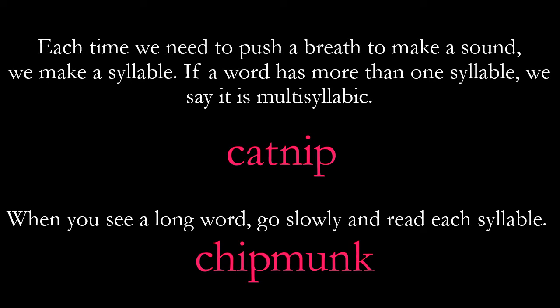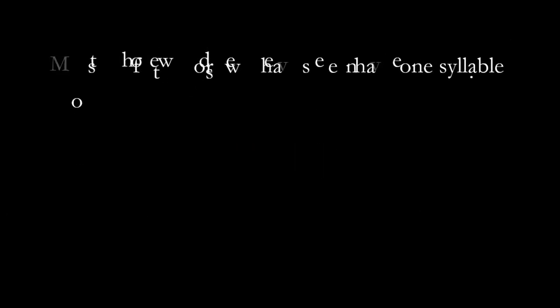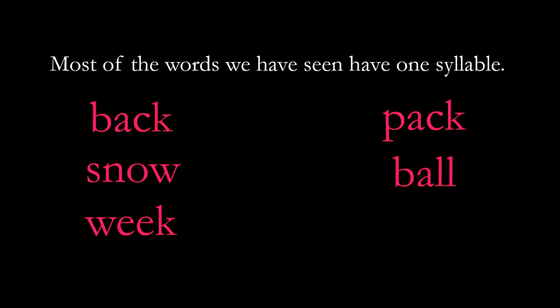So when you see a long word, a word that's longer than catnip, go slowly and read each syllable like this. Chip. Okay, that's pretty easy to say, and it's one breath. Chip. If we do this, chipmunk. Now we need to push air out of our mouth twice to say it. That means that this word has two syllables. So most of the words we've seen have one syllable. Back, snow, week, pack, ball, and